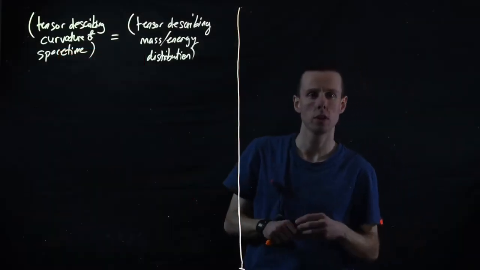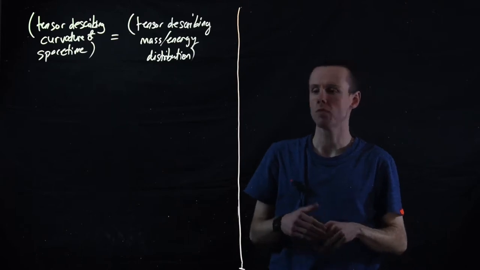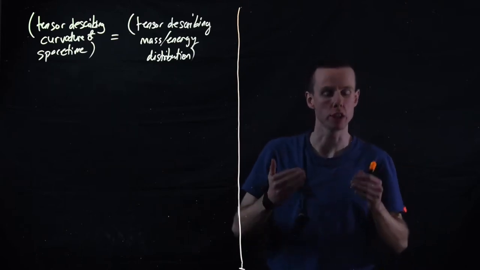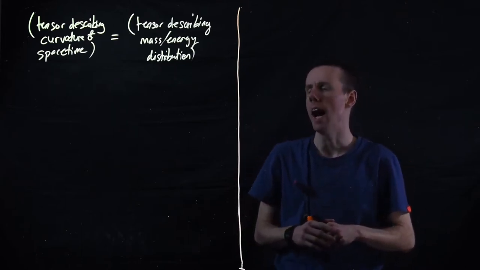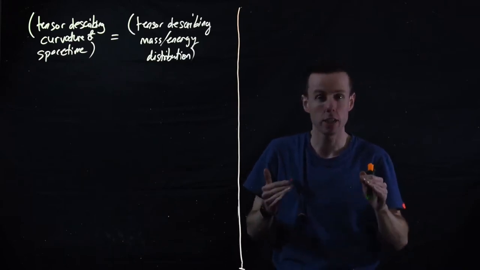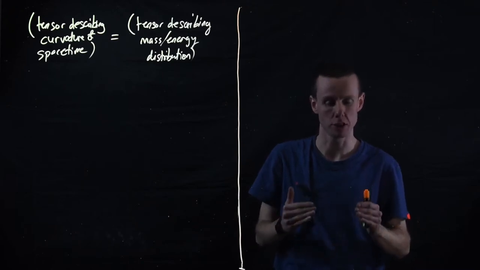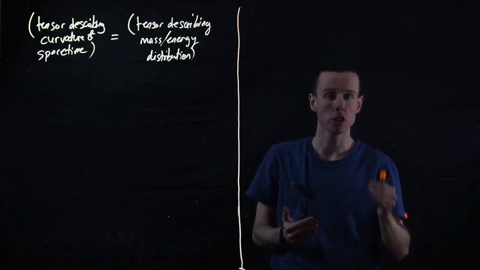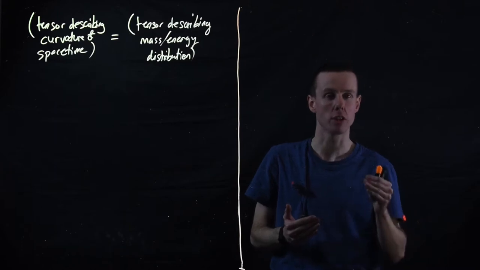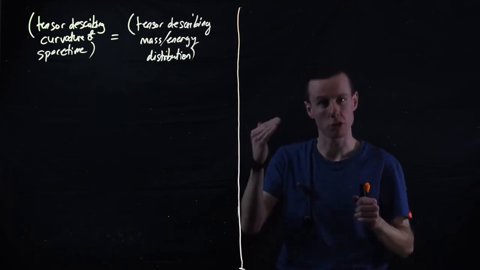Hi everyone, so in the last video we were looking at Newton's theory of gravity and the equations that are involved in Newton's theory of gravity. And the ultimate equation that we came to was Poisson's equation. And I said that really that one equation sums up all of Newtonian gravity. So it's an equation relating the mass distribution that generates the gravitational field,